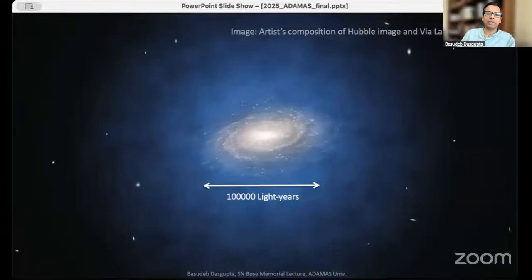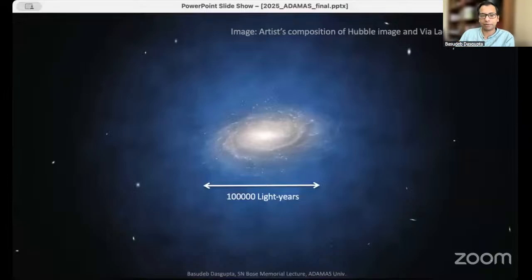is apparent by a wide variety of other observations. And I'll tell you a little bit more about that but for now, I want you to keep in mind that when I'm talking about dark matter, I'm talking about a galaxy like this one, which is, let's say, 100,000 light years across. But then there is this blob of dark matter around it, which is maybe around another 5 to 10 times larger in diameter. Okay. And this bigger halo of dark matter, we can't quite see it, but we will see why we know that it's there.